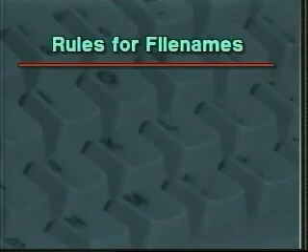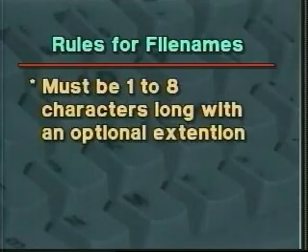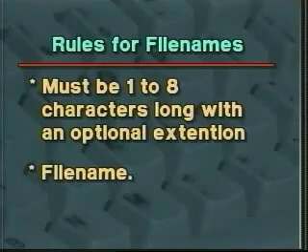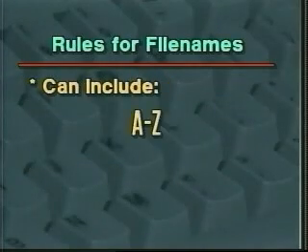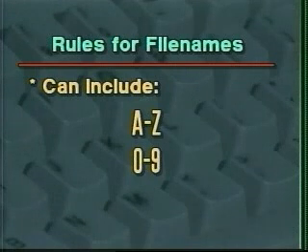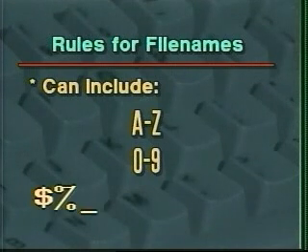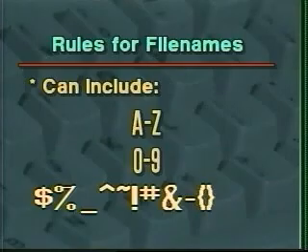DOS has certain rules about file names. A file name can only be 1 to 8 characters long with an optional extension. An extension is a period followed by 1 to 3 characters. The period does not show up in this file listing. A file name can include the letters A through Z and digits 0 through 9. You can use most of the special character symbols like $ signs, % signs, or the underscore character, but there can be